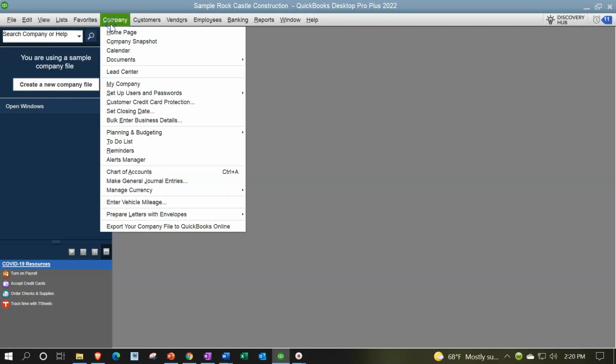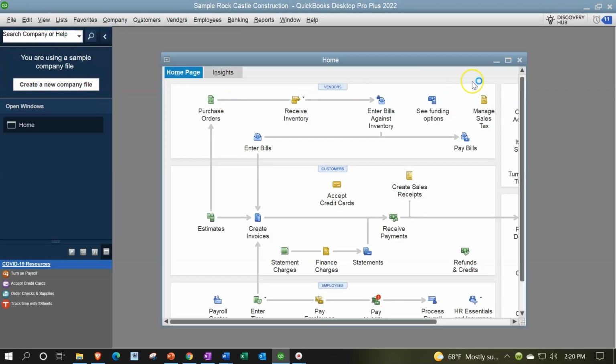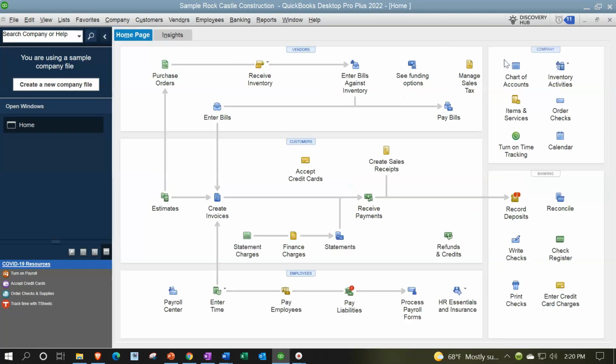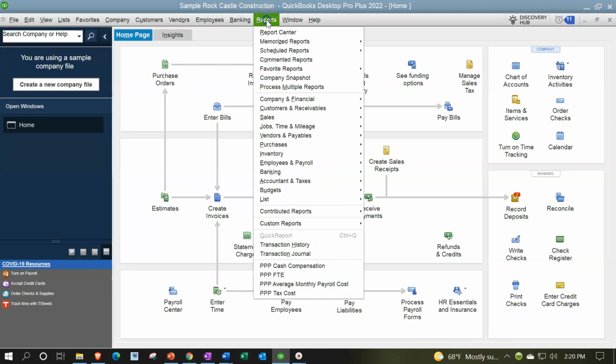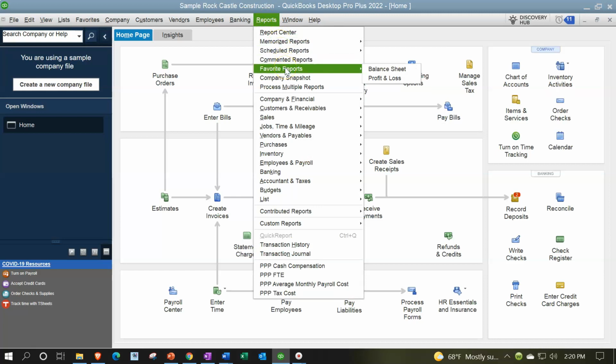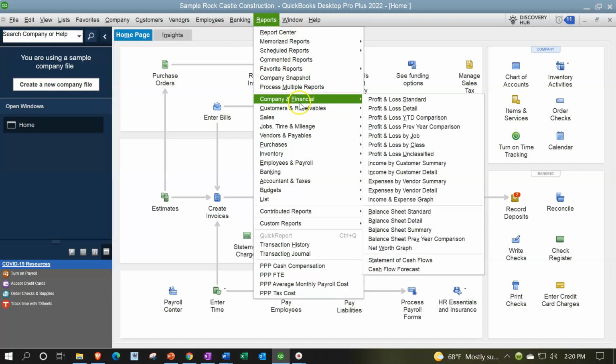Here we are in our free QuickBooks sample file, sample Rock Castle Construction, going through the setup process with the View dropdown, the open windows list on the left-hand side, company dropdown, home page in the middle, maximizing the home page, right-hand side, focusing in once again on the balance sheet report, which we can open a few different ways with the Reports dropdown, go into the Report Center, possibly in the memorized reports or in the favorite reports, but I'm going to go down here to the company and financial and go on down to the balance sheet